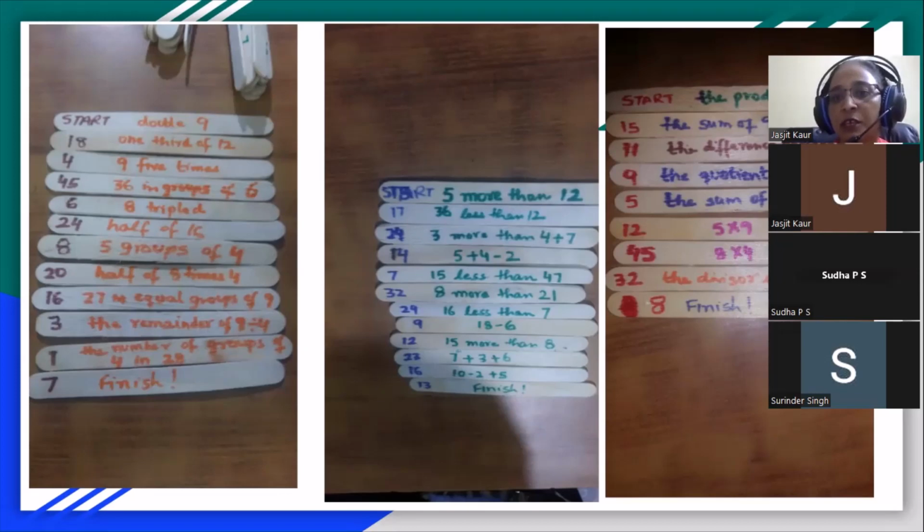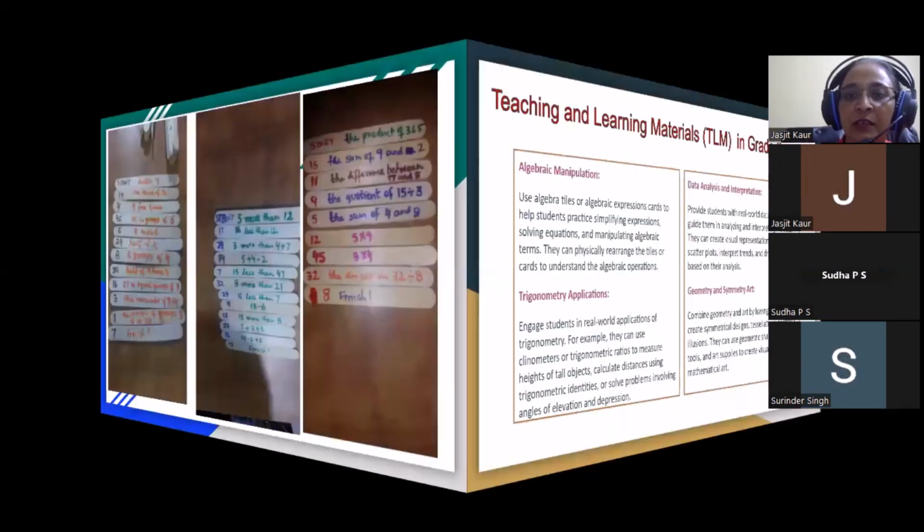You see in all the 3 slides, we have different concepts. In the first, we are taking the double of 9, answer them. After taking the games, just reshuffle them and give them to the students. Let them again segregate them as per their requirement. The answers they come to know and they will know.